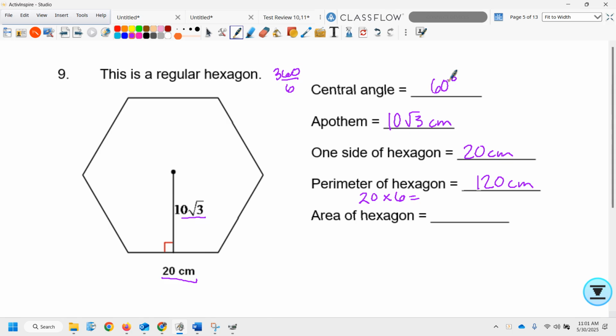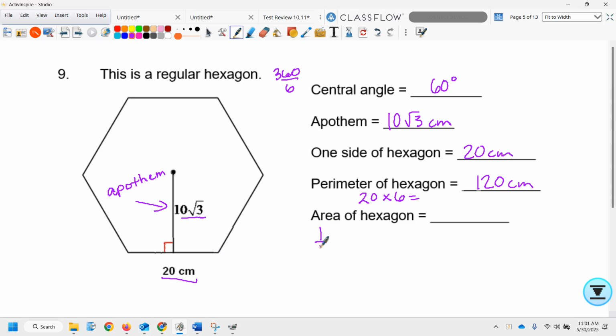Oh my God, there was no hard work involved at all. You just need to be able to identify, if you see the box, that is the apothem. All right, if the line goes to a corner, it's a hypotenuse. All right, so